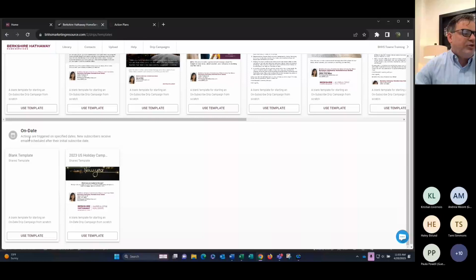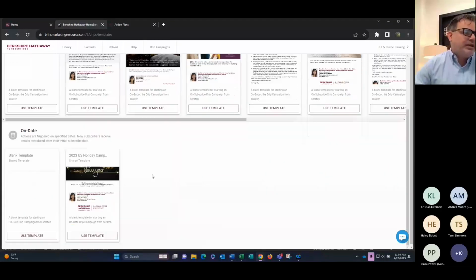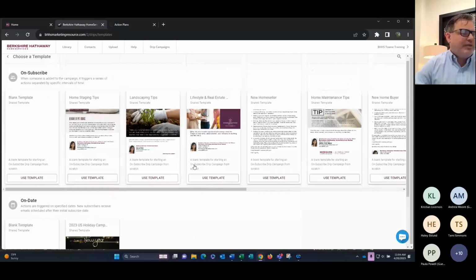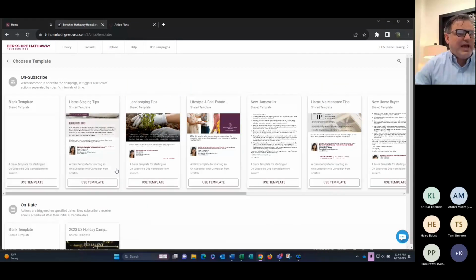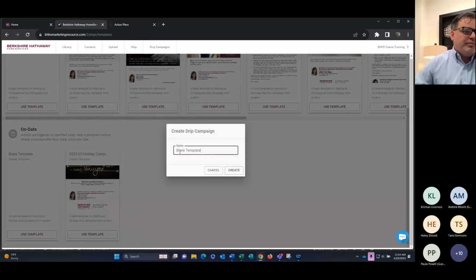If I want to come down here and do it on a specific date, I can choose this blank template and then it will start on a specific date. So if you were trying to start on somebody's anniversary date, this would be choosing on the date. If you're keeping it very generic and you're okay when these things happen, they just go out when someone's added to the system, you can use this template. So for this example, I'm going to use the on date template. So it'll start as a trigger point for, let's say, an anniversary. So we'll click on this use template